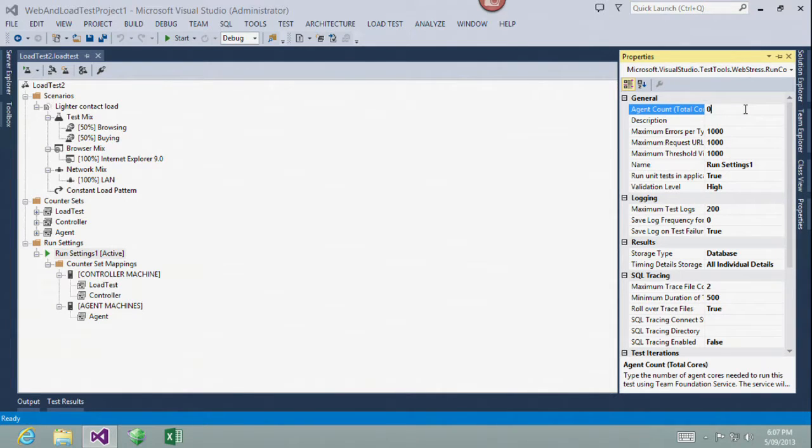So this one, I'll tell you in advance. The acquisition of these agents will take time. So we may not, in the interests of getting you out of here on time, see the end result, but you should see it getting very close. I was going to be really flamboyant and go and drive a significant load there with lots of agents. I'll try and go with just 2, and you may see a result before we wrap up. So I'm going to go ahead with 2 agents. So it's going to spin up 2 agents in the cloud to drive the demand and the load.